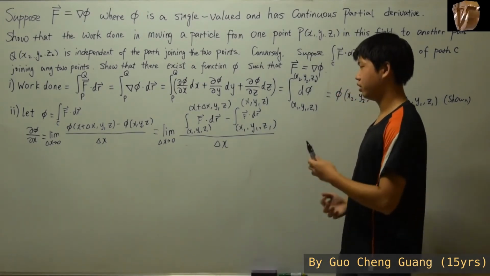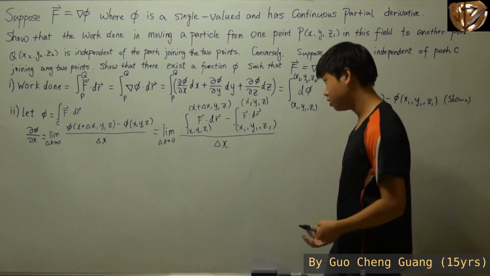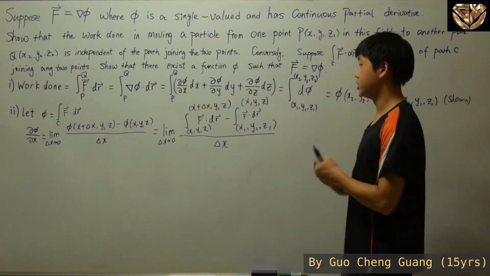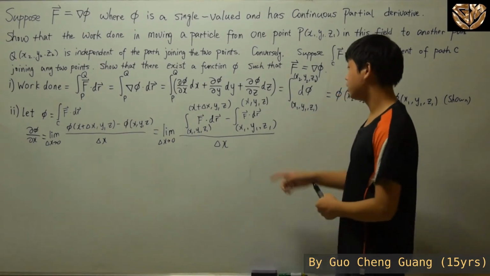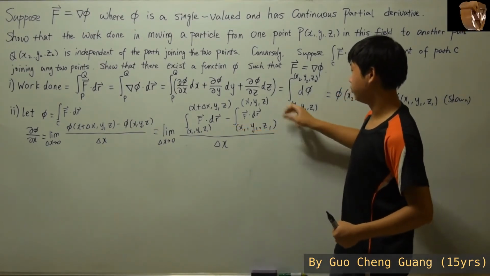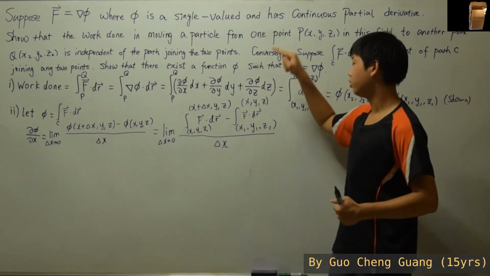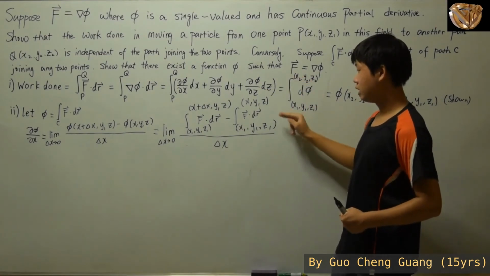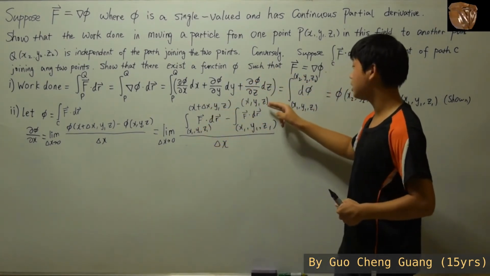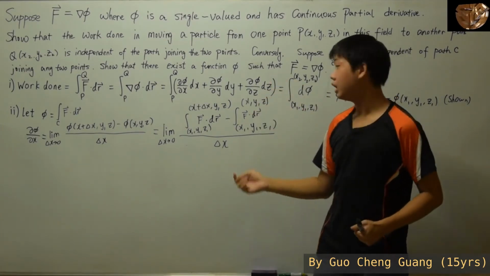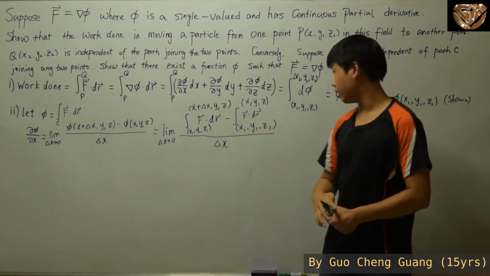So are there any ways that we can combine these two integrations? Well, if you have learned a bit of integration before, then you might realize, yes, we actually can. Since this is a minus, you can reverse these two, so it becomes from x, y, z to x1, y1, z1. And now since this starts at x1, y1, z1, and this ends at x1, y1, z1, we can essentially stitch these two together and make it,